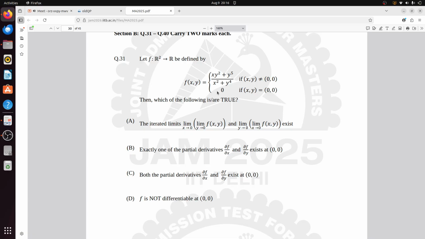It cancels. Okay. So just tell me the simplified form, because I do not have pen and paper here. Yes, hk square minus h square k, and in the denominator h square plus k to the power 4, to the power 3 by 2, root over h square plus k square. Now we need to find whether this limit exists or not. So what is your take, whether this limit exists or not?